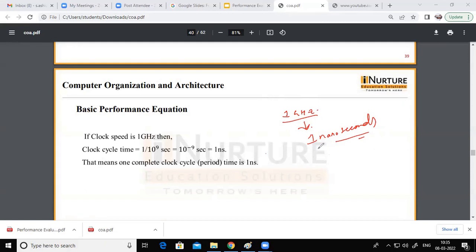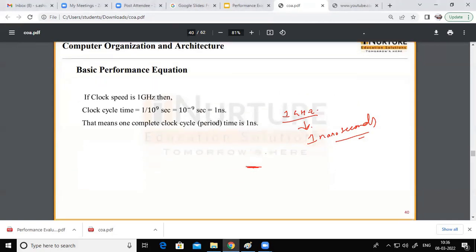So when we try to understand the logic of smaller laptops, lesser in size but with a very expensive price, the most predominant reason behind that is nanotechnology, the lesser execution time, the processor working so fast. In nanoseconds, it can complete a cycle and give you results. So one complete clock cycle period is nothing but 1 nanosecond. Based on this,